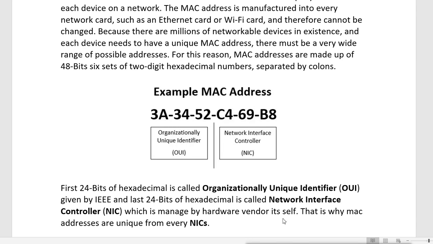Now, what does it mean that the vendor manages it? It will manage it so that one MAC address of its company will not match another one. So they always make unique MAC addresses. And remember, 24 bits is very much. 24 bits means you can have millions of numbers. If you want to know, just raise 2 to 24 to see how many numbers you can have. So in a company you can make that many devices. So no two MAC addresses are the same. You will see no two devices, no two network interface cards, will have the same MAC address.